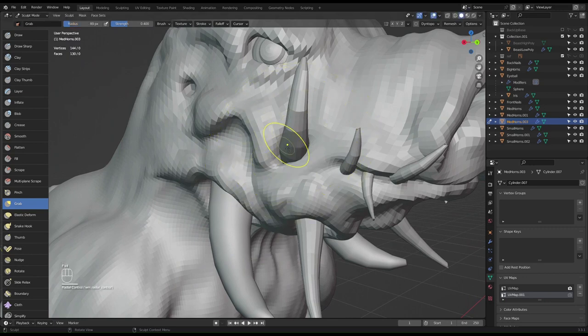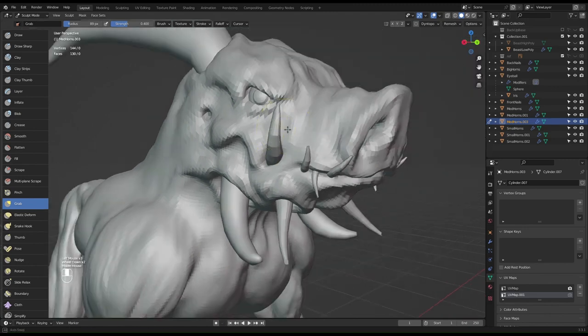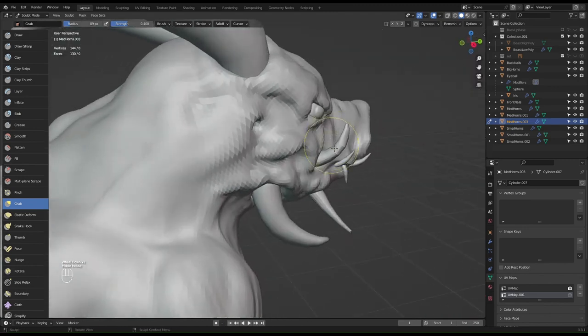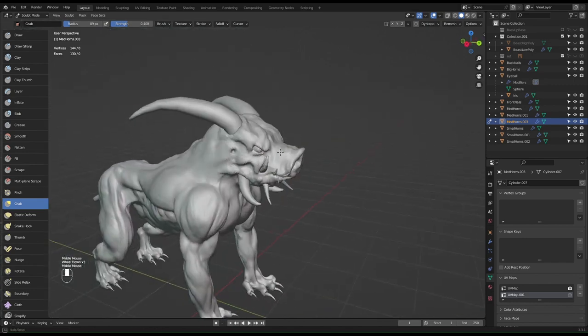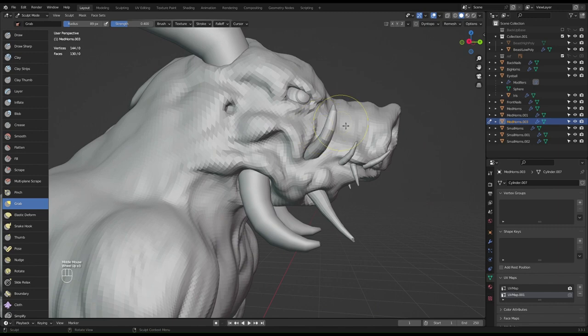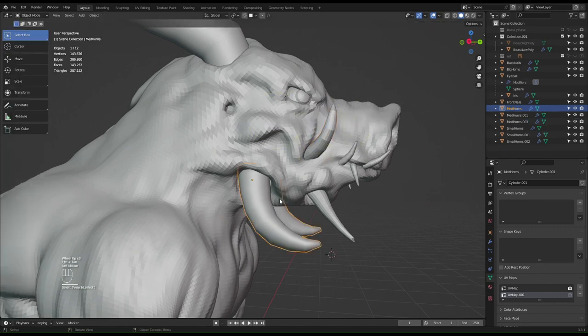And then just drag it over here. Hold on, control. Drag it along the normals, like that. Kind of works now, like so. Go back to object mode, select this guy,